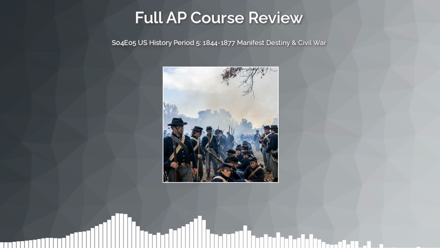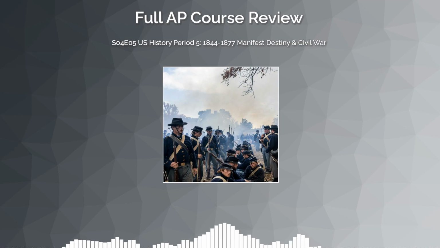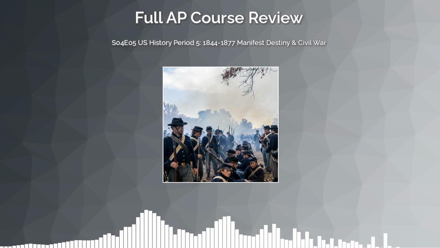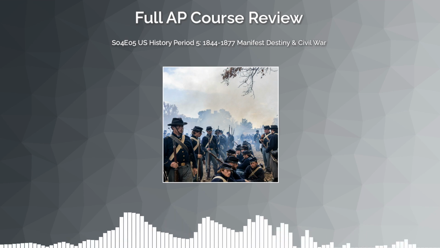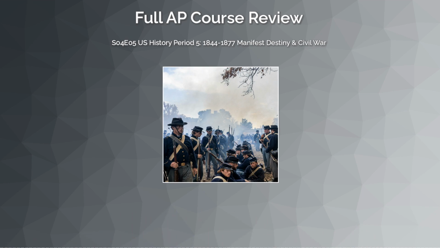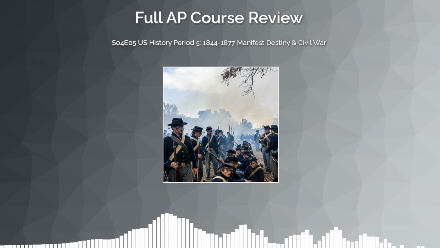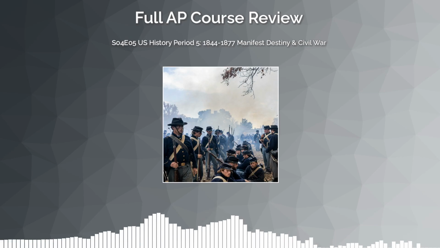The popular sovereignty principle it introduced would come back to haunt the nation when Stephen Douglas applied it to already settled territory in the Kansas-Nebraska Act of 1854, igniting the violent chaos known as Bleeding Kansas and effectively destroying the second-party system. The Compromise of 1850 is best understood not as a solution, but as a delay, a finger in a cracking dam. It reveals that by mid-century, the contradictions at the heart of American democracy had grown too large for any political deal to permanently contain.